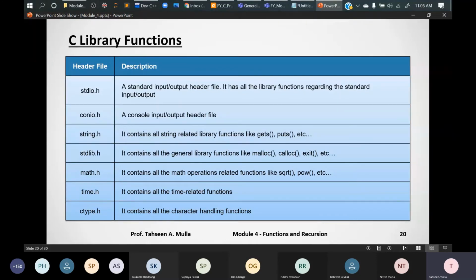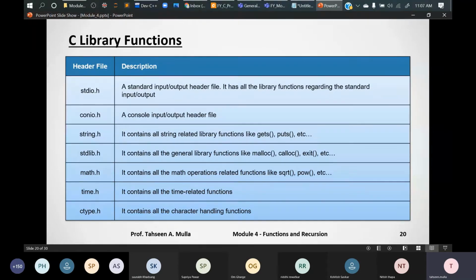Suppose you just want to see any input or output directly visible on the screen. To make an interaction between your program, the console and your source code file, you will be helped by this header file.